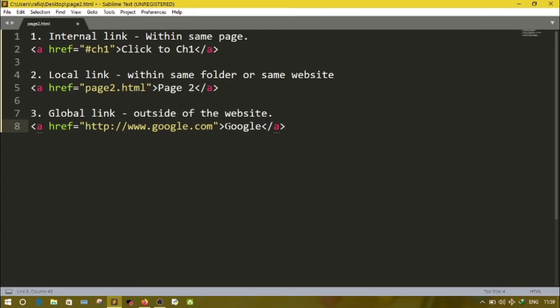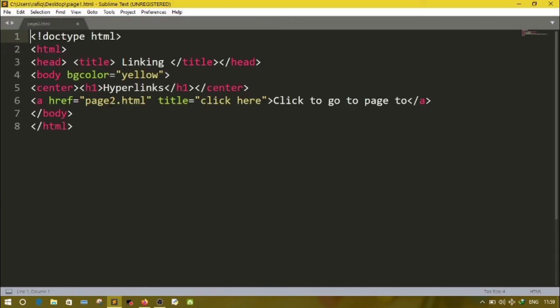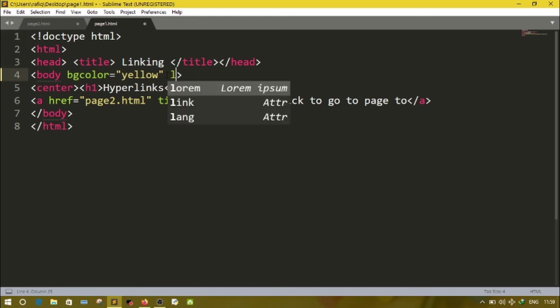Now how to change the color of the link? As we have already created a link before, let's move to page 1. Here we have already created a link, and in the output it is displayed in blue color. Suppose I want to change the link color. So how can we do that? For that we'll write link equal, by default the link is blue. Suppose I want to change it to red, we can write red or purple, anything you can give, suppose pink.